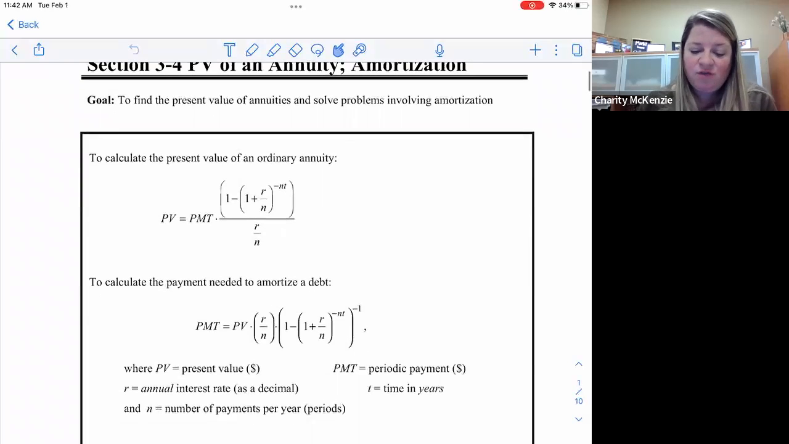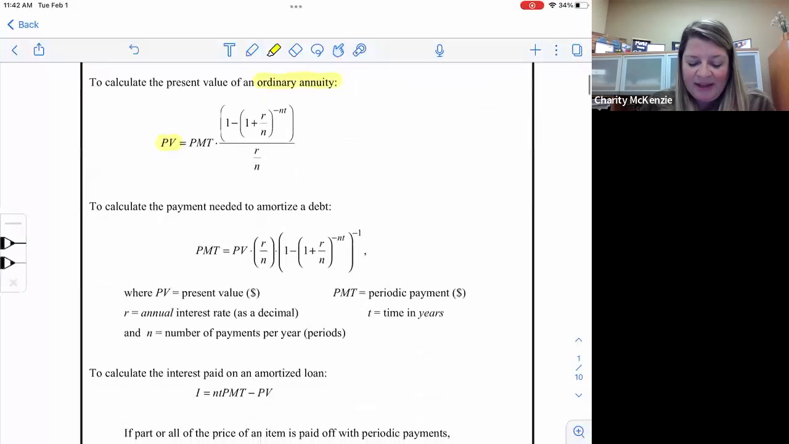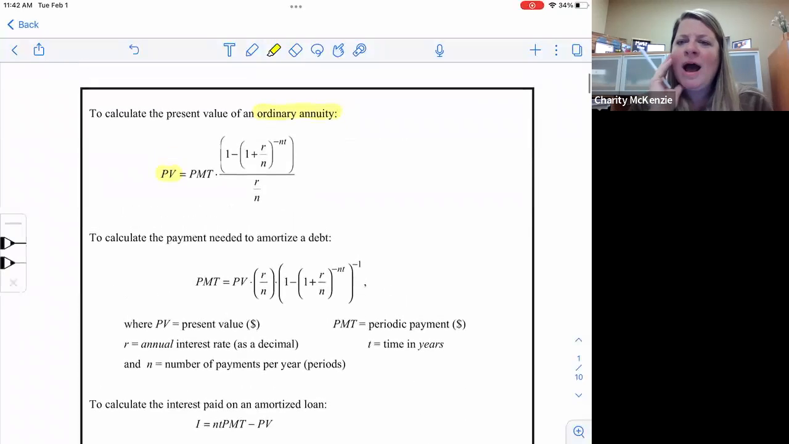So if we look at this first formula, this is saying present value of an annuity, okay, ordinary annuity. So present value is kind of like the idea of, if I make all these payments over all this time, what would the current value be of that investment? So what would it be worth today? Okay. So then if we look down,